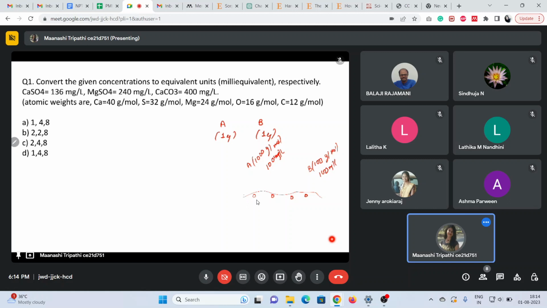So we'll see this question. There are three compounds: calcium sulfate, magnesium sulfate, and calcium carbonate. We have the atomic weights of all the compounds. Please try to solve this question. This is very basic, so sir has not taught this in the class, but you are expected to learn all these things. You should be well aware of them already. This is just a question, please try to solve it, otherwise we'll see the solution also. I'll give you a minute to solve this question, then we'll see the solutions.